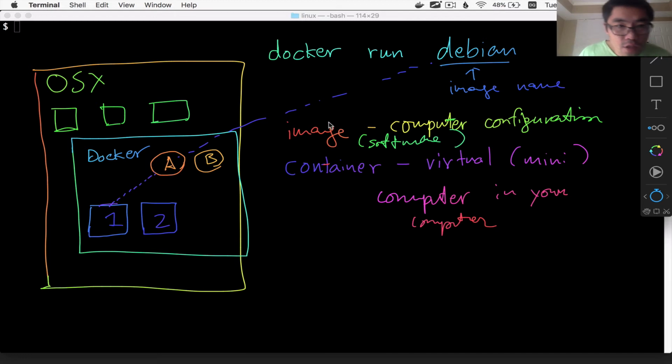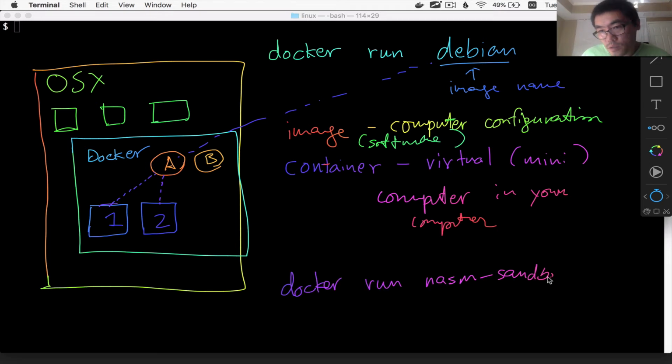And part of the magic of Docker is you can do that any number of times. So if you run another docker run Debian, you have a 2. You make another container that is also using the image A, and that's allowed. Now, Docker can also use B. Maybe B is the NASM sandbox that I created for you that has everything that Debian has.